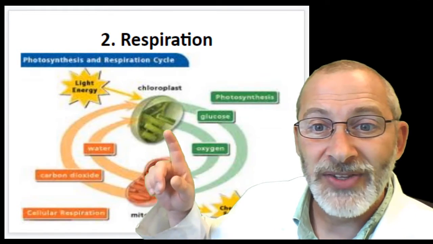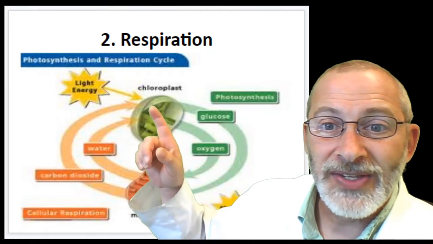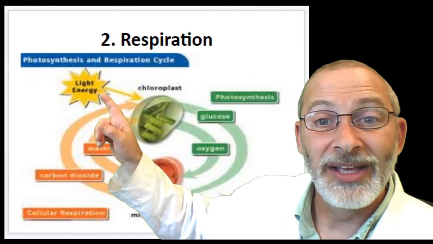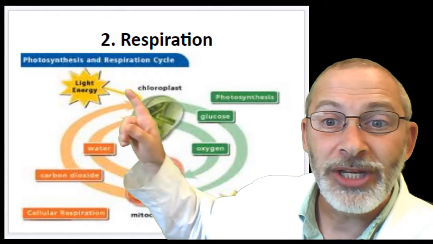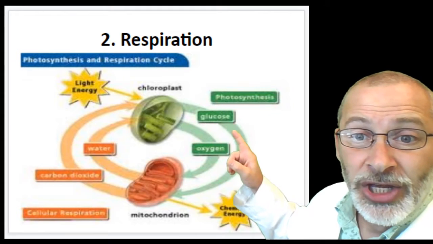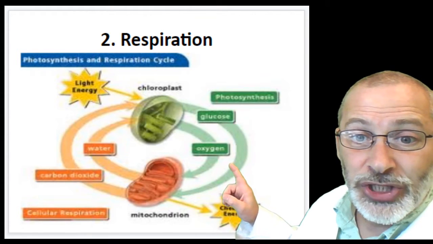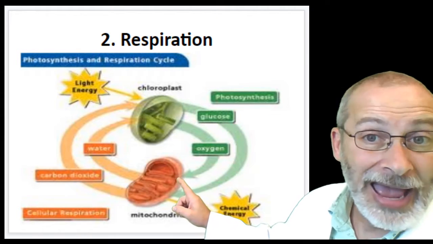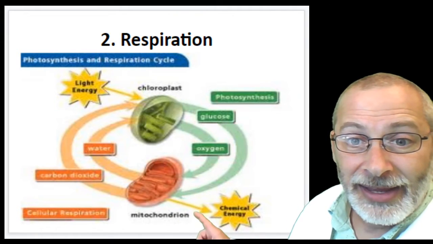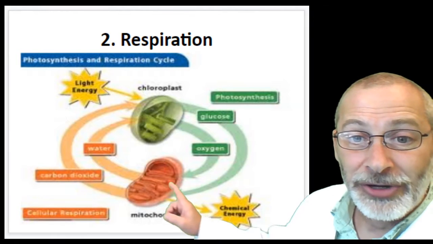Here we have plant cells, and in a plant cell, we have chloroplasts, and when they're exposed to sunlight energy, photosynthesis takes place, producing glucose and oxygen,